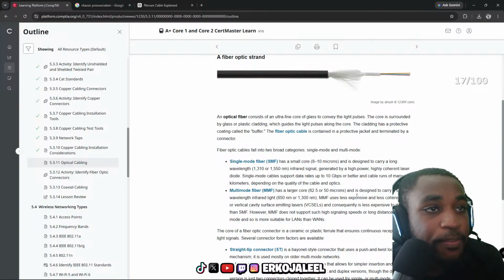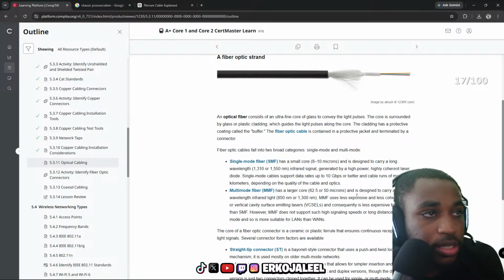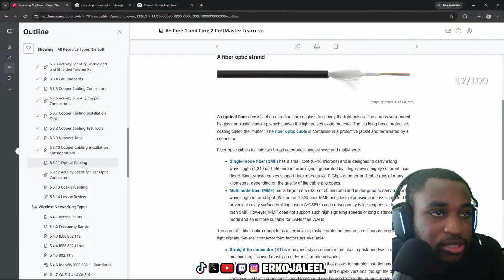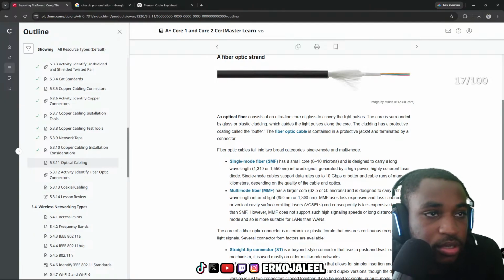Generated by a high power, highly coherent laser diode. Single mode cables support data rates up to 10 gigabits per second or